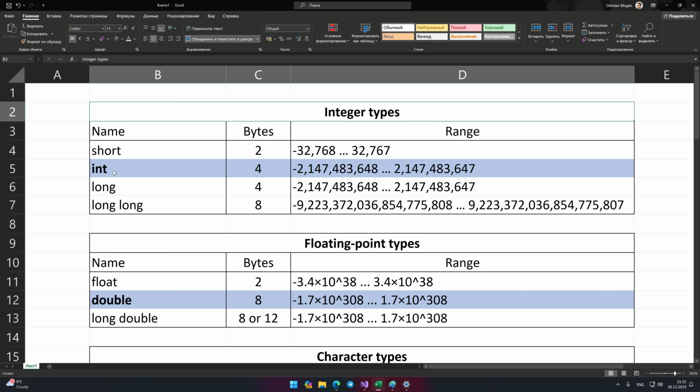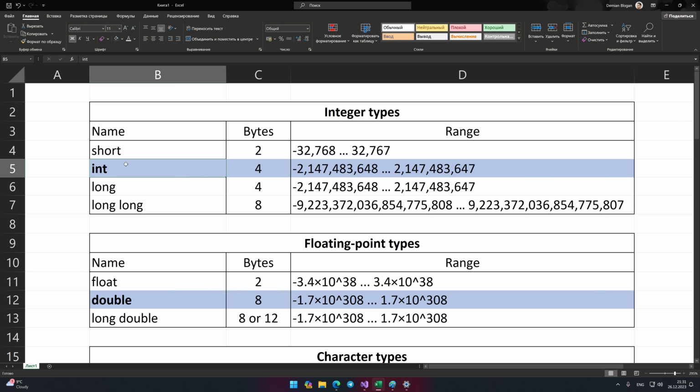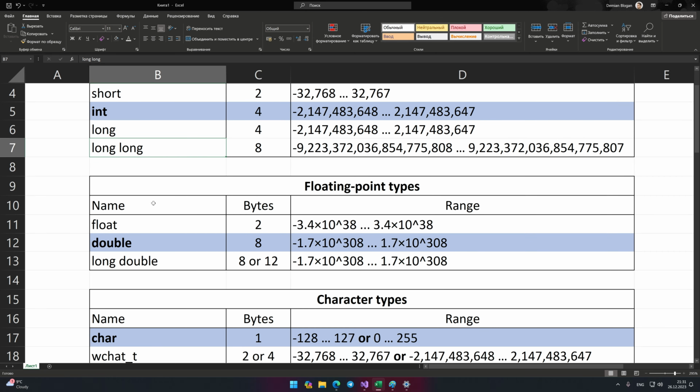Let's quickly look at the names of these types. Name int is short for integer. Name short is a synonym for short integer because the range is smaller. Name long is a synonym for long integer because the range is larger. Well, at least sometimes it's bigger. I think you can guess now why the last type is called that, long long. Let's move on to the next section.